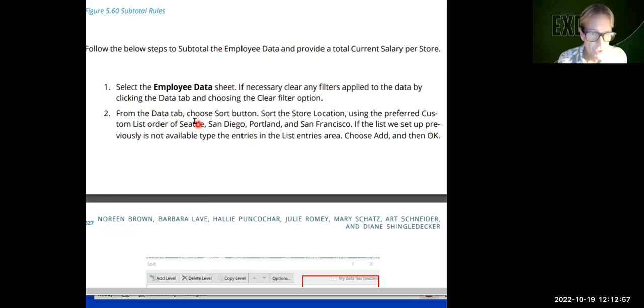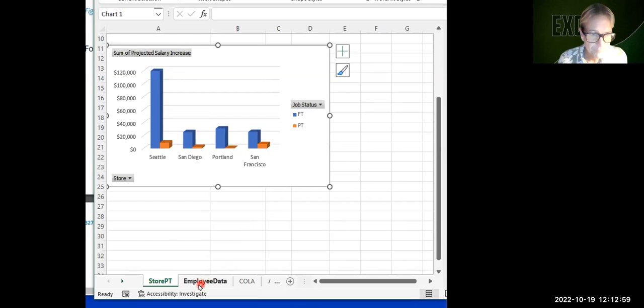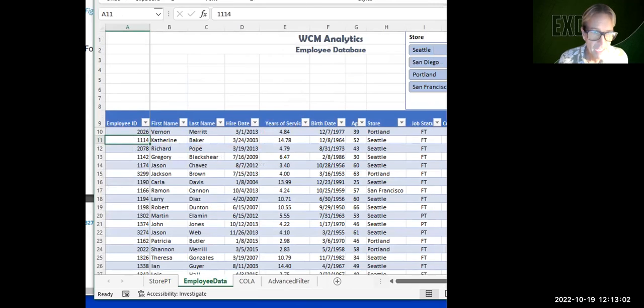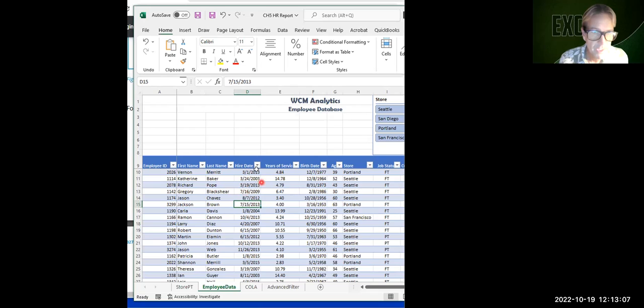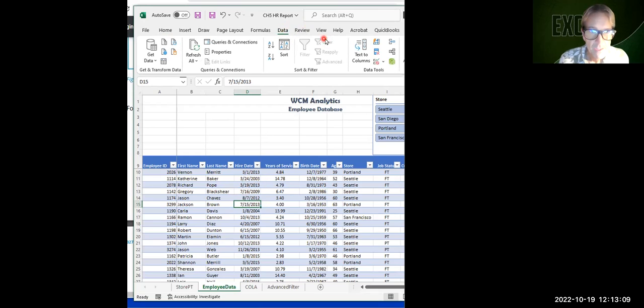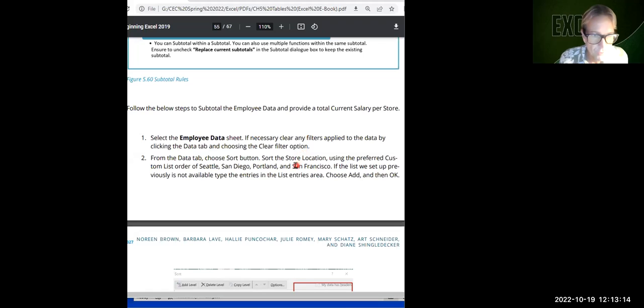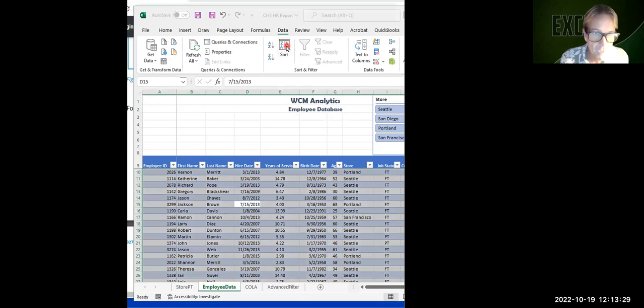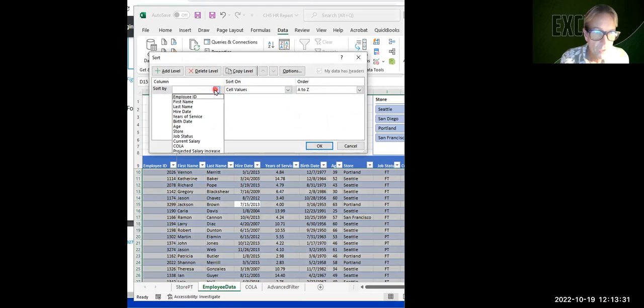So go to the employee data sheet, clear any filters. I don't think I have any filters, but in the table for employee data, I go to data. Yeah, the clear button is inactive, which means there are no filters. Step 2, from the data tab, sort the store location using the preferred custom list of Seattle, San Diego, Portland, and San Francisco. So I'm going to go to the custom sort button,